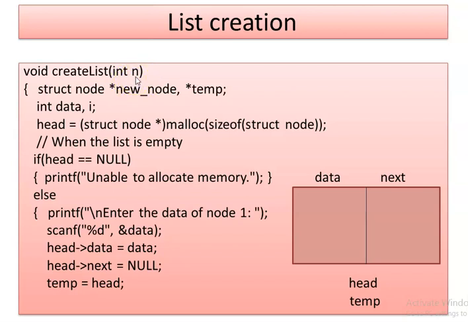Let us suppose that the value of n is 4. So we are entering the value for the first node. And the first node, we know that it is the first node in the list. It is an independent node. So it should have the next part as null and the data part as the scanned value. So we'll be scanning a value here, and that value will be, I think it is,